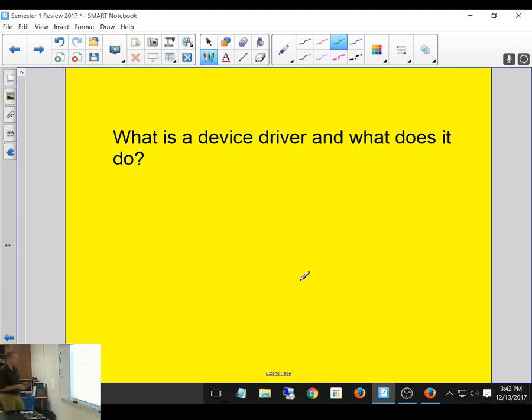So when the operating system loads, it loads device drivers. What are device drivers? So device drivers are, simply put, just programs